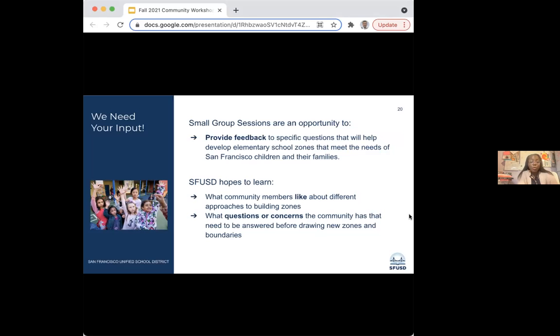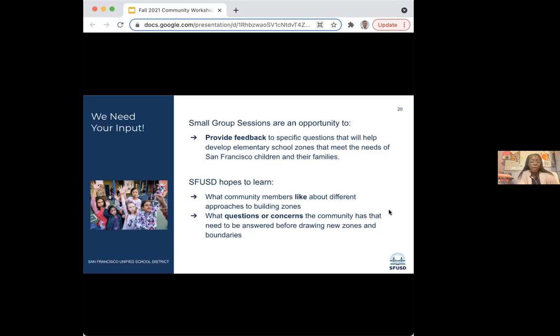For today though, we want to leave a lot of those questions behind and keep it simple. We ask you to really focus with us on some possible approaches that will help us make progress on building zones. We don't expect to have all the details figured out by the end of this workshop, but we do hope to hear everyone's thoughts so that staff can include your opinions when making decisions.